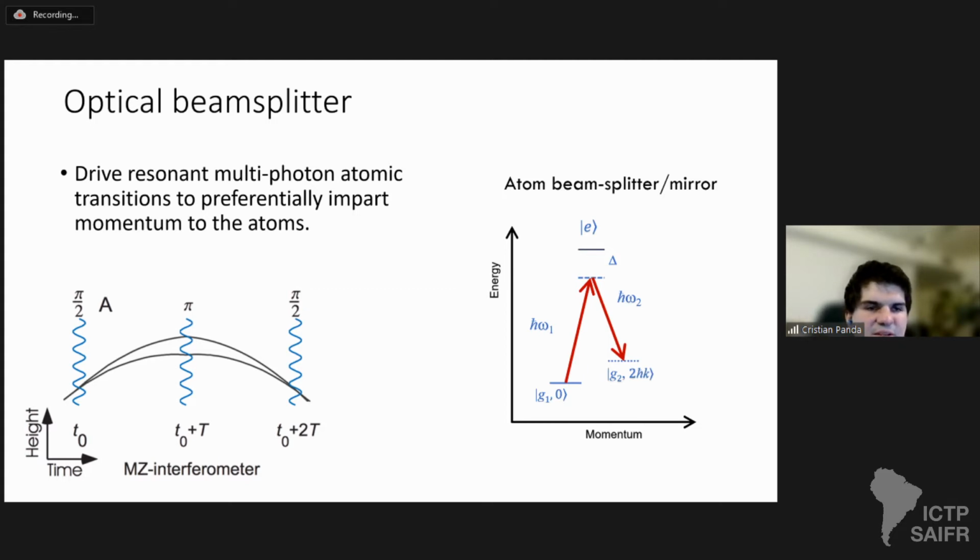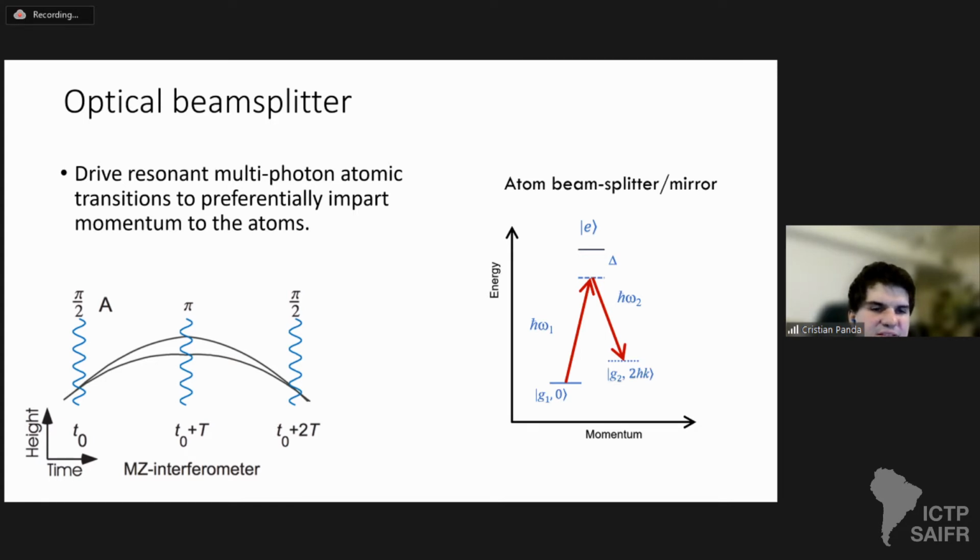that preferentially impart momentum to the atoms. And really, the figure on the right of the slide shows such an atomic beam splitter or mirror. So we have a set of two laser beams that drive two-photon Raman transitions between two long-lived states in an atom, which we just labeled G1 and G2. So now let's assume that the atom is initially in G1, and if it's transferred into G2, it will